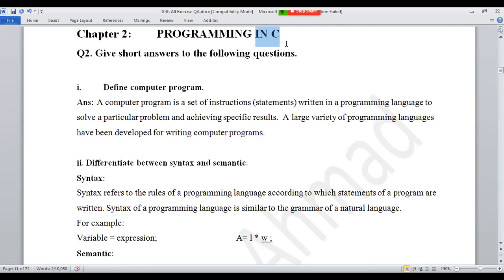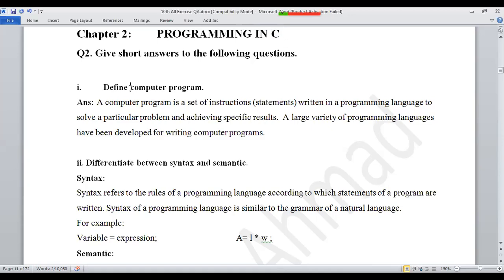Visual Basic or BASIC: before C, 10th class students studied BASIC, which stands for Beginner's All-purpose Symbolic Instruction Code. Visual Basic, C++, Java, C#, Python, and many other languages exist.